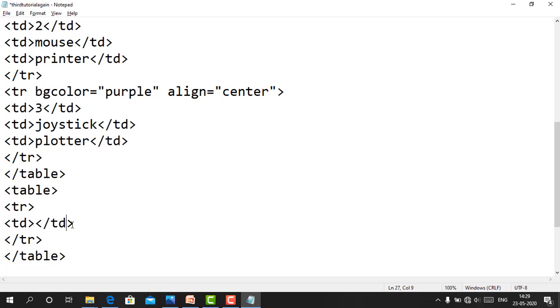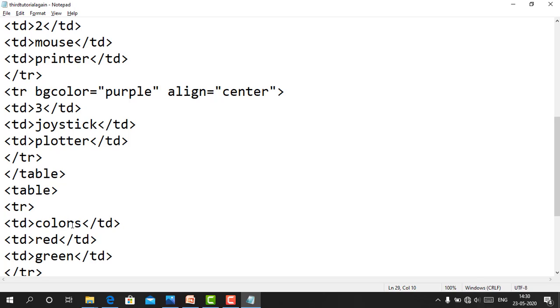Okay, third quantities are there. That's why we will write the 3 lines. Okay, first line, second line, td tag, \td tag, and the third line, td tag and again td tag, \td, in which colors, then red, then green.